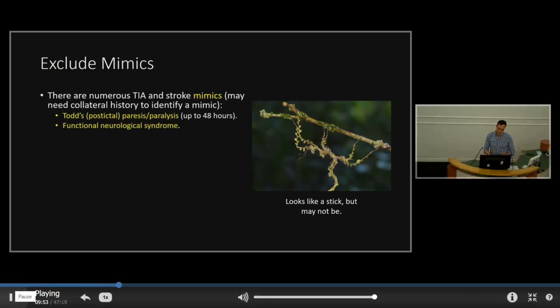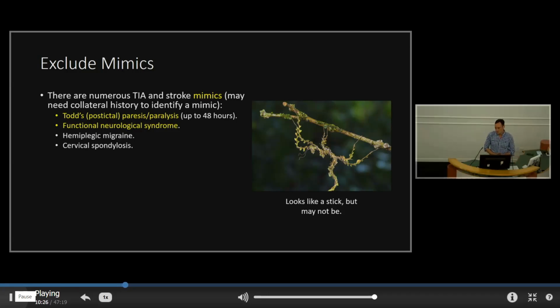You can have upper motor neuron signs and all kinds of interesting distributions and a marked degree of weakness. So that for me is mimic number one. We're going to talk more about seizures in the second talk of the series next week. The other one, though, is functional neurological syndrome, or FND. These are a very interesting group of disorders that can be quite difficult to differentiate. There are a number of fairly reliable clinical signs, which when you put them together, allow you to do so. We're going to talk about that one in the third talk of the series.